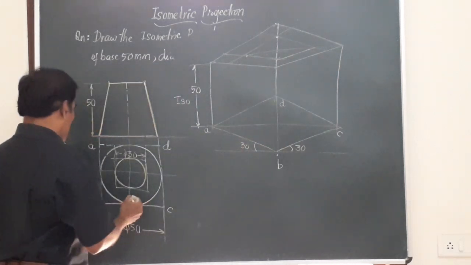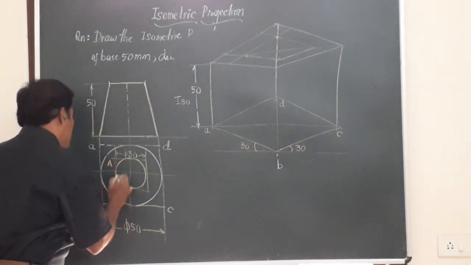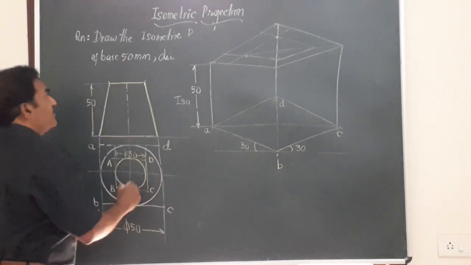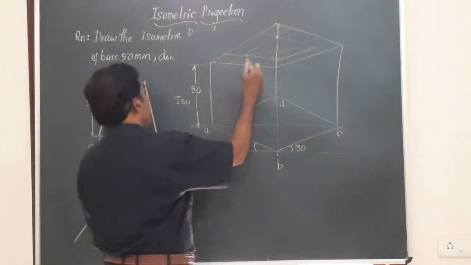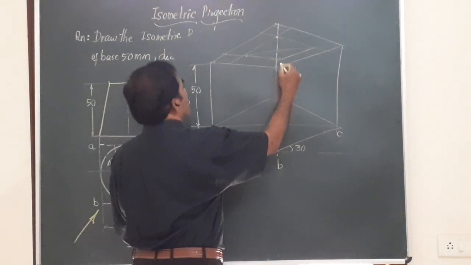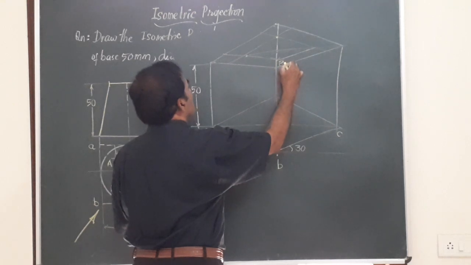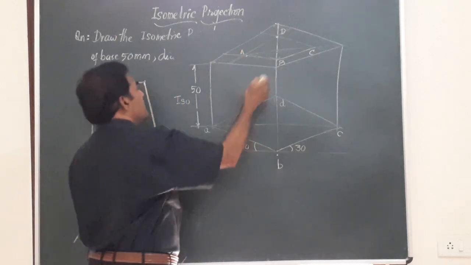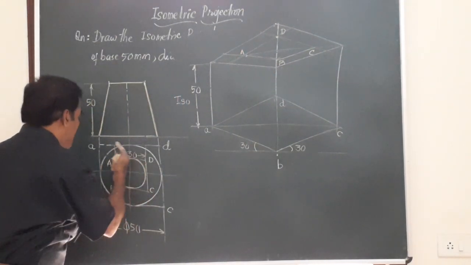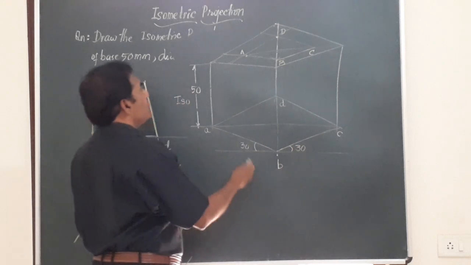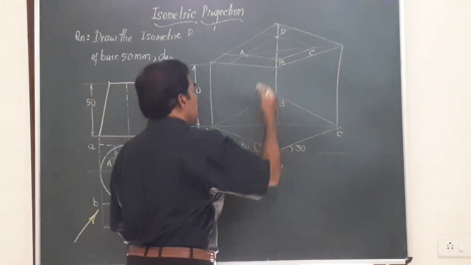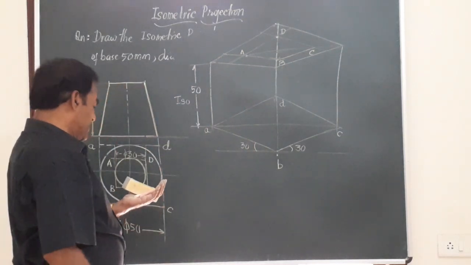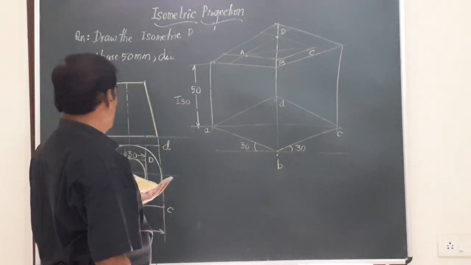So before that let me mark that as capital ABCD. So you will have some clear idea. ABCD. So here this is capital A, this is capital B. I will mark it as capital B here. This is C, this is D, and this is A. So this ABCD is the top face. Small ABCD is the bottom face. So here you should get one ellipse in this box, another ellipse in this base. So I have to draw a tangent to get the isometric projection of the frustum of the cone.